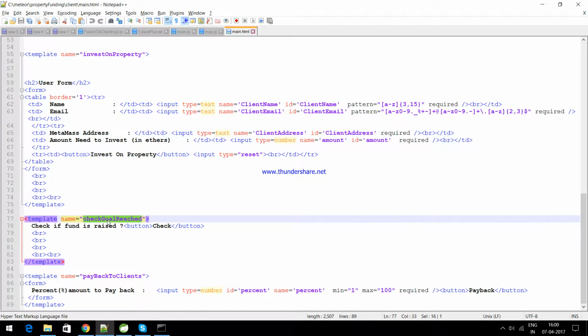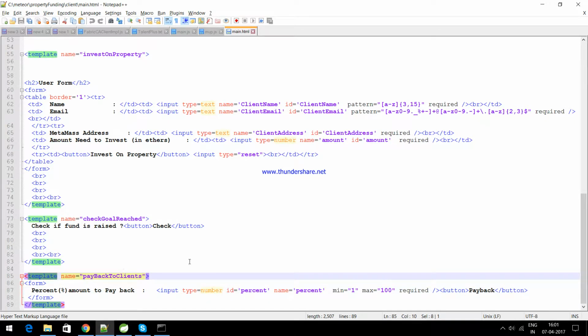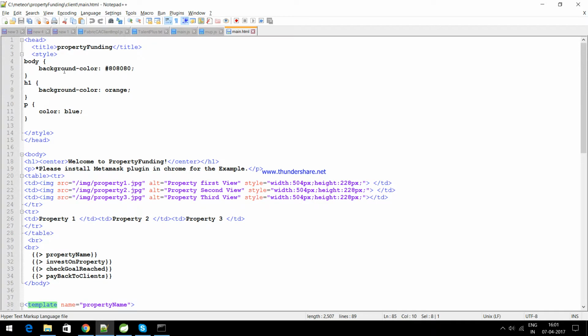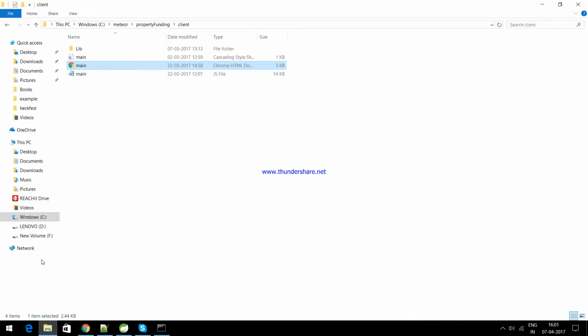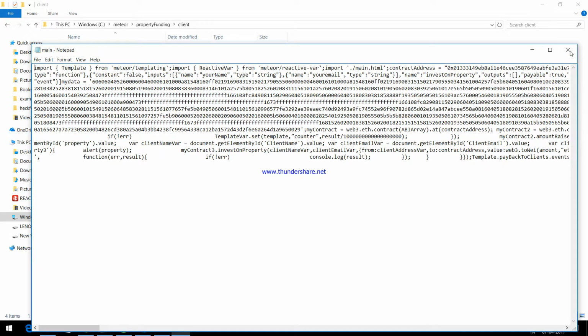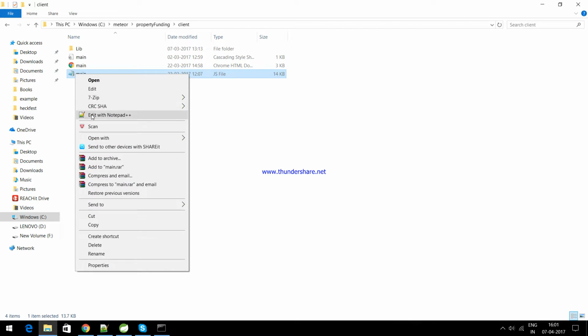Then I have made a template for checking whether the goal is reached, which checks in our smart contract whether the goal has been reached or not. For payback I have made a separate template. For each of the templates I have written some code in main.js. If I open this main.js,